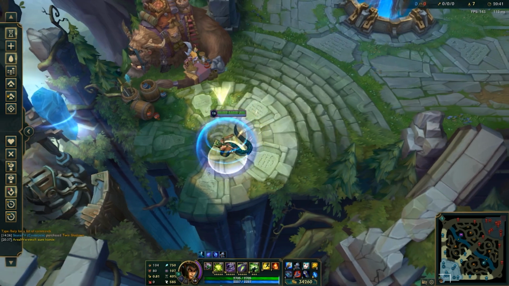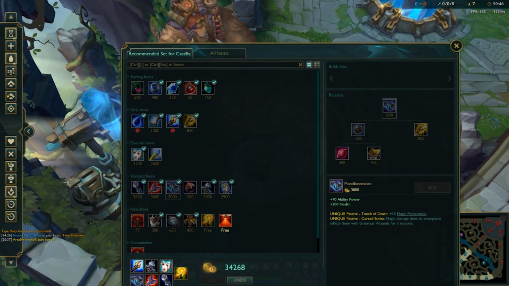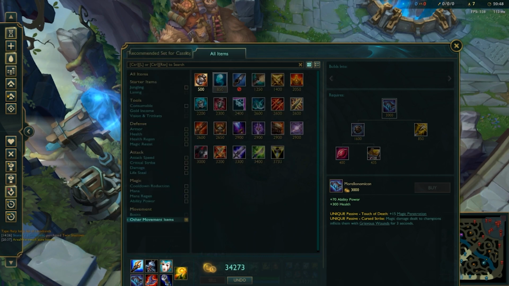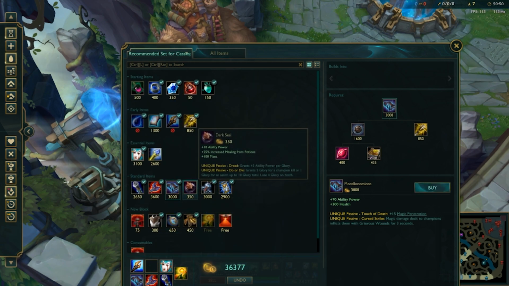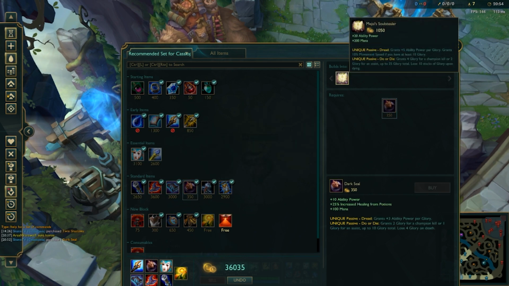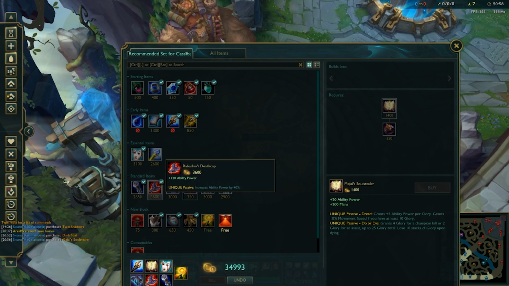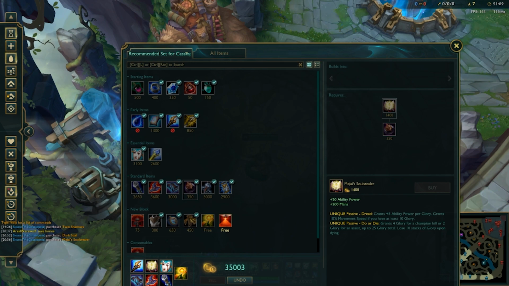So yeah, that's basically the whole itemization for Cassiopeia. There's nothing else really you can go on her except for if you really start being real aggressive and getting a lot of kills, go build into Mejai's, and you're basically going to be able to carry throughout the mid game if you're fed and have Mejai's stacks. So